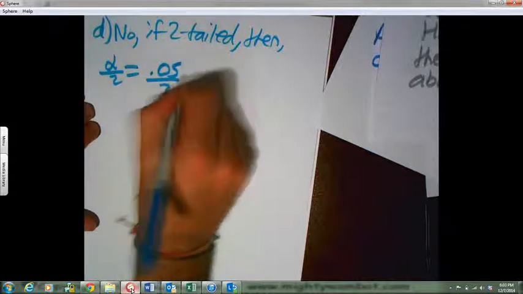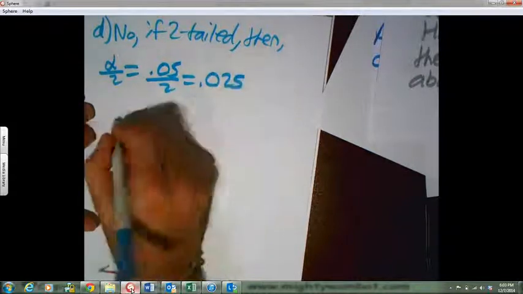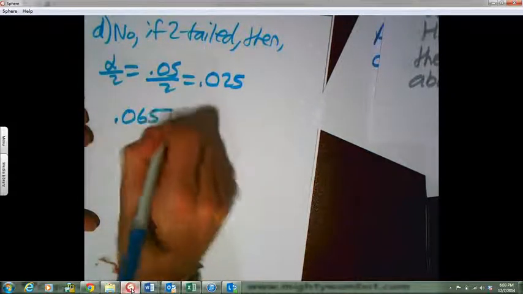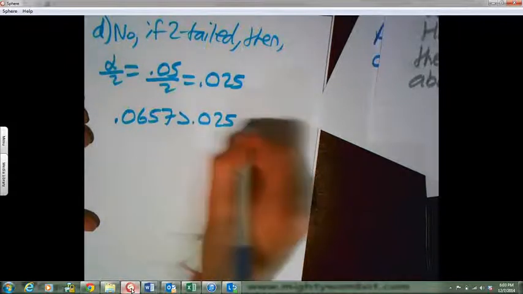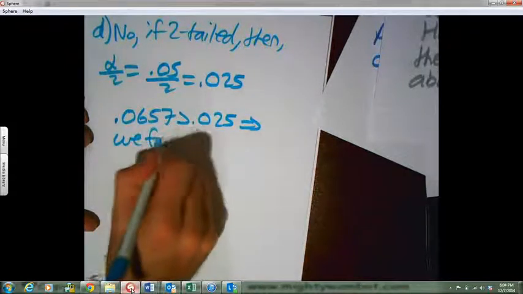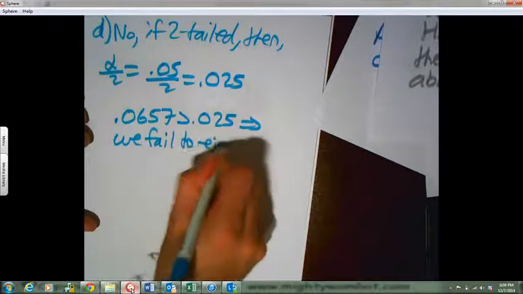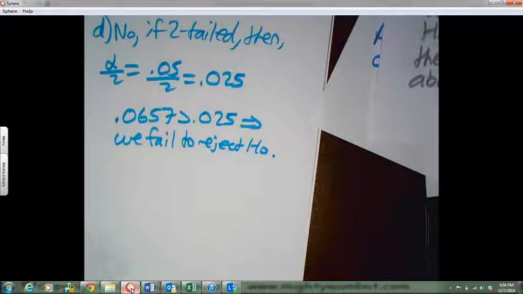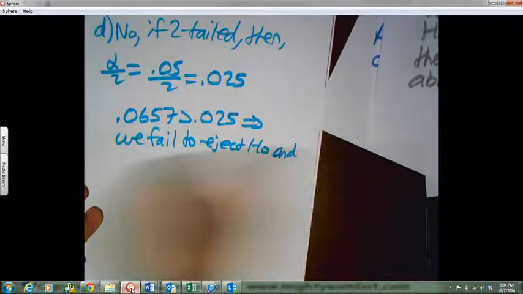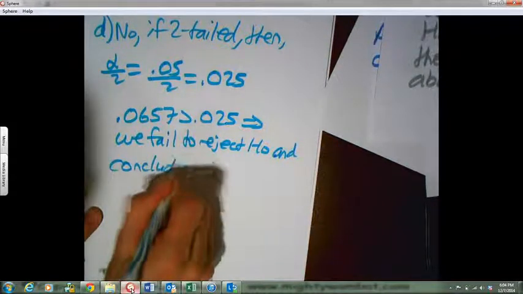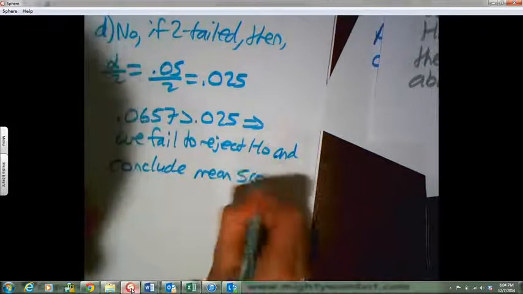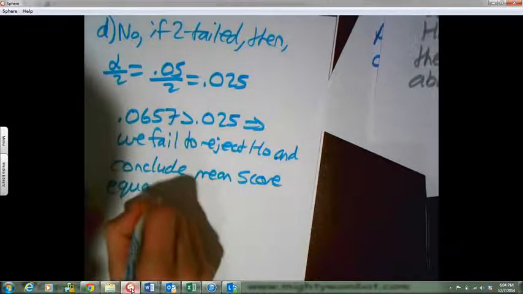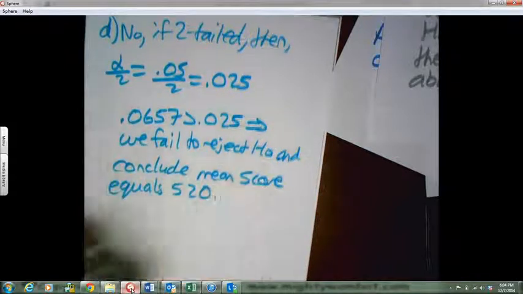Our p-value of 0.0657 is greater than 0.025. Therefore, we fail to reject. Nothing changes. Fail to reject, and conclude mean score equals 520. All right, long problem, complicated problem, but we can